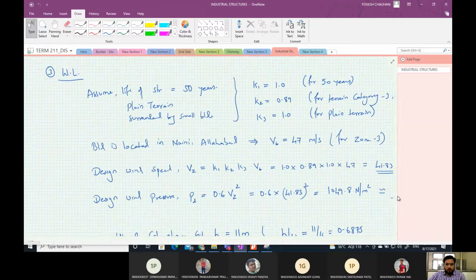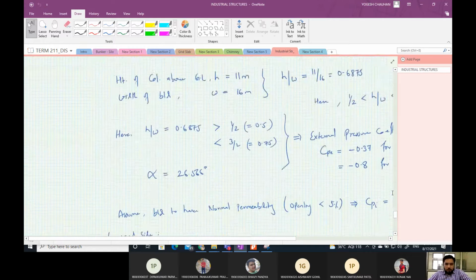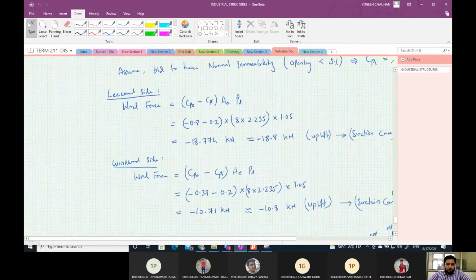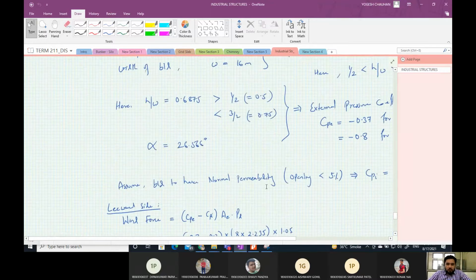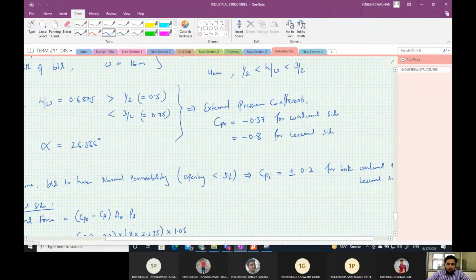So let us continue from the previous session. We have found the wind load here. The values of these coefficients are 0.731. This is 0.731 and this is 0.8. So